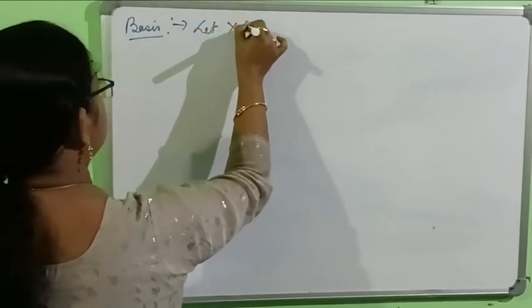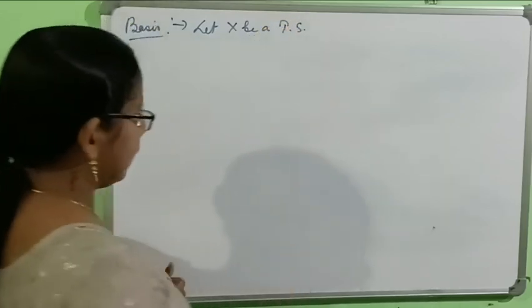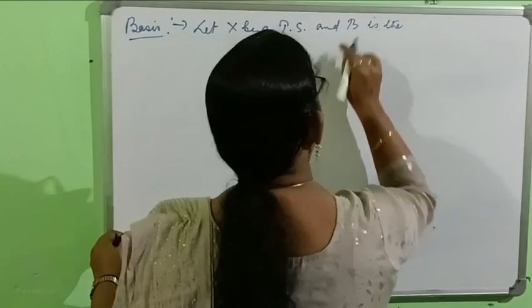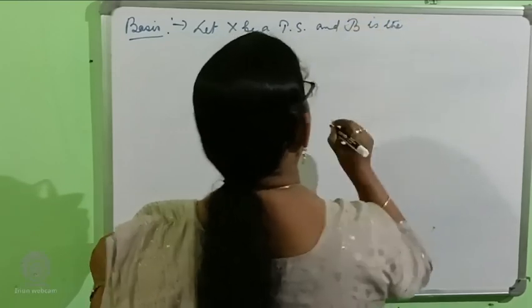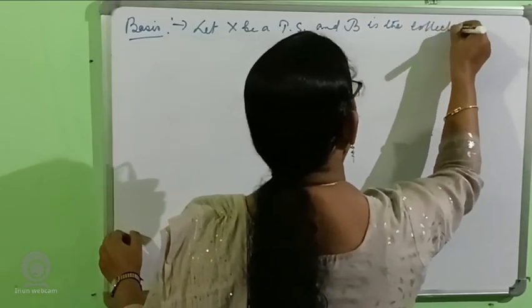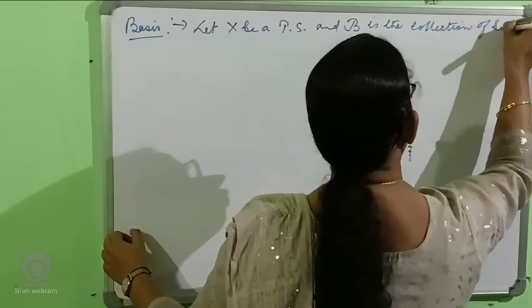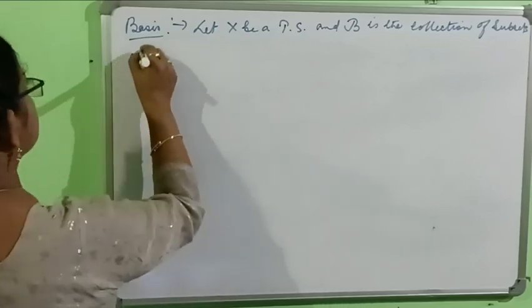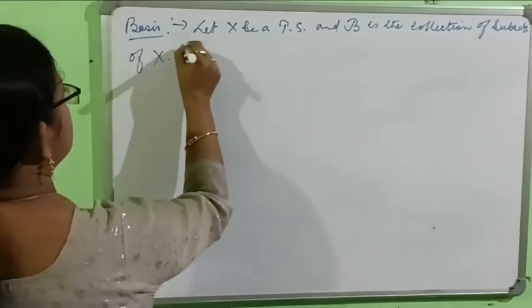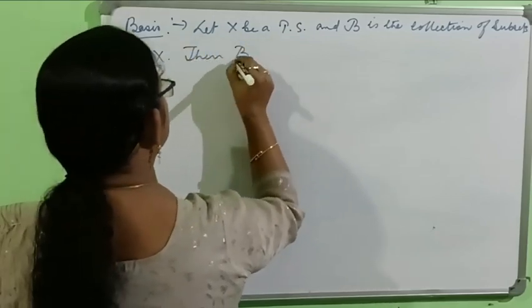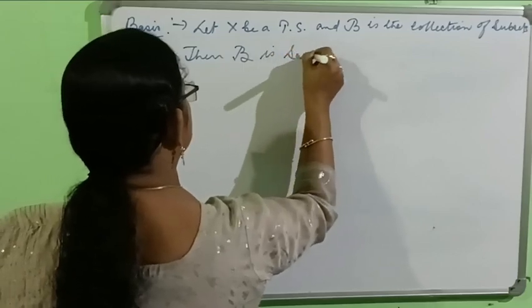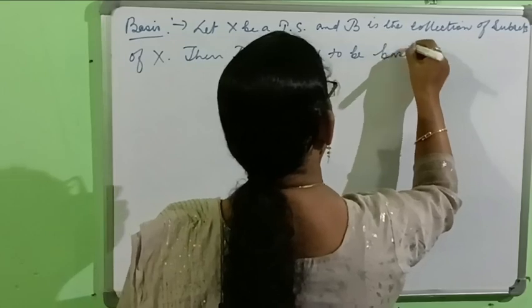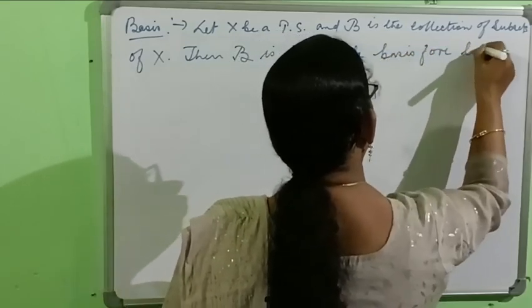Let X be a topological space, and let B be a collection of subsets of X. Then B is said to be a basis for a topology on X if: